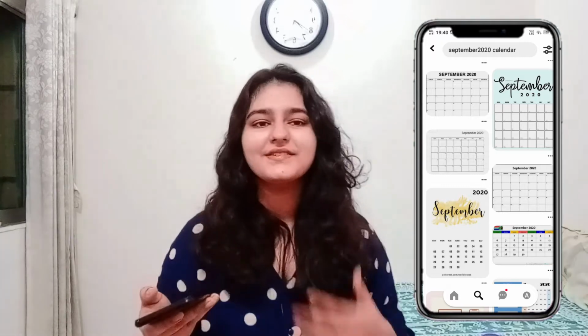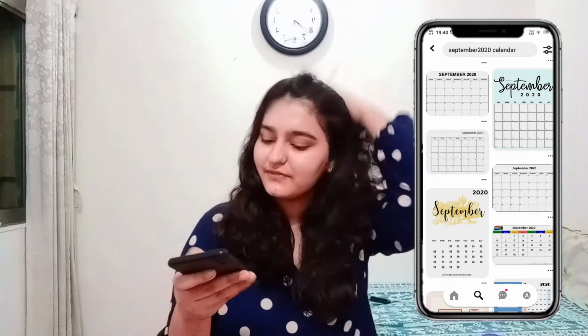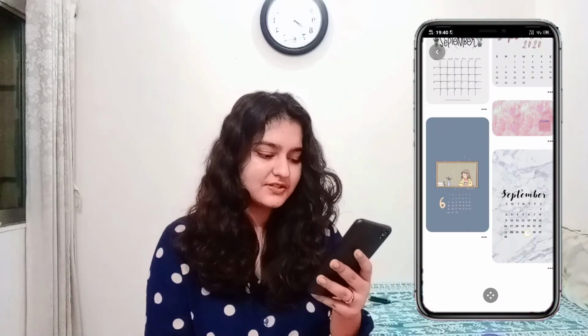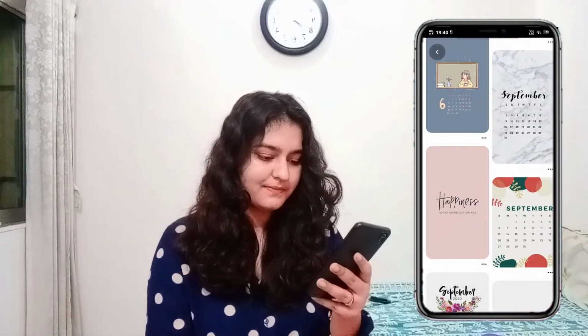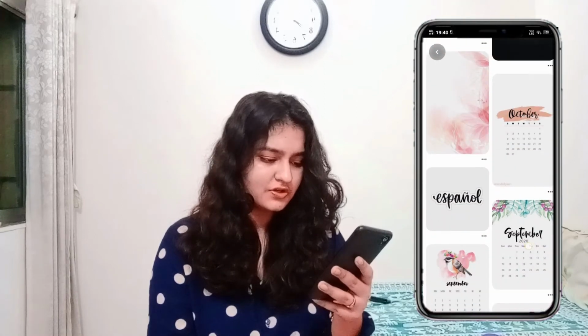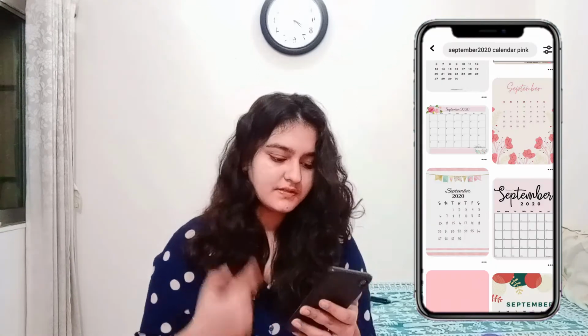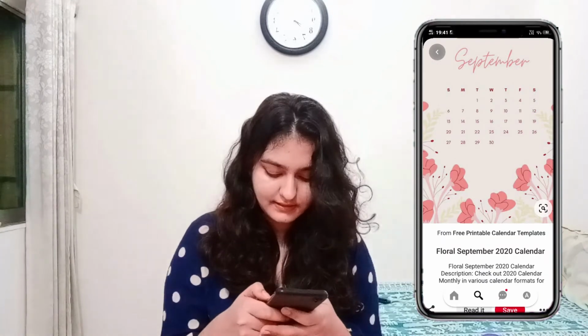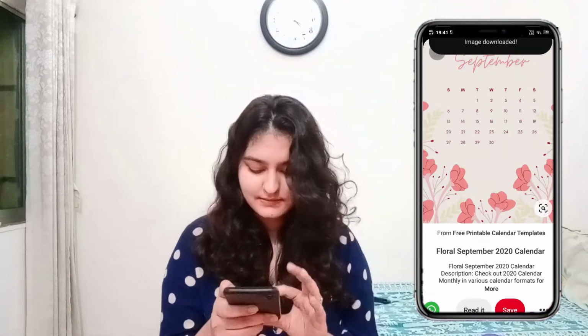On the iPhone it is a changing calendar, but unfortunately we do not have that option. We do, it just doesn't look really good. I'm just gonna look for a widget that I can add myself, and then we can obviously change it every month. That is not the hard part at all. So I found this one that I really like and I really think will match with everything else.